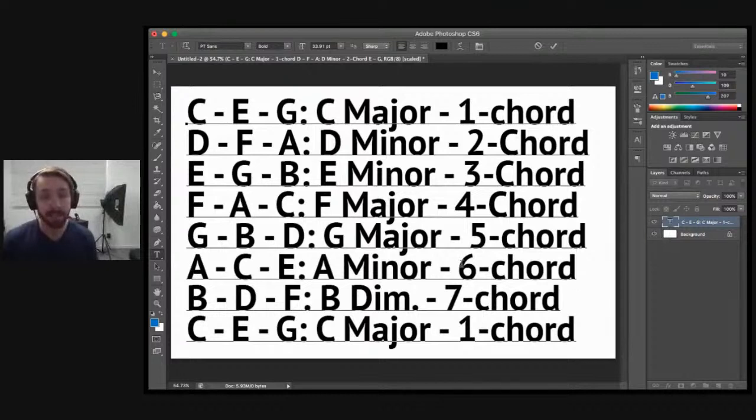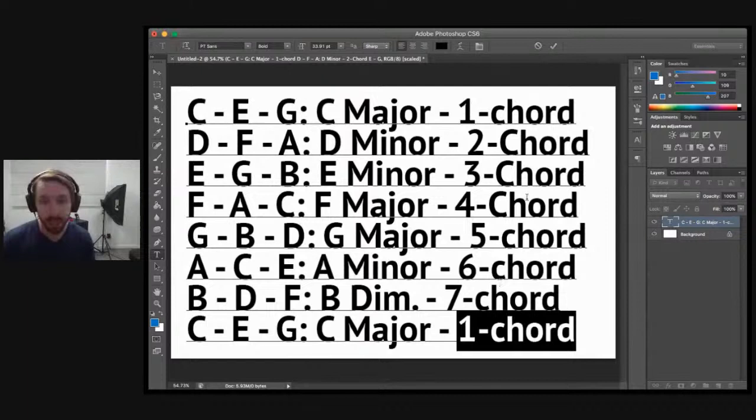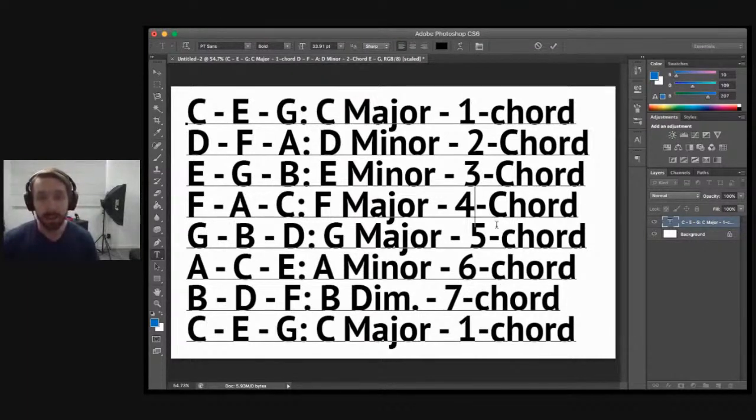And you can actually create a minor chord scale by starting on the A, and then the sixth chord becomes a 1 chord, the 7th chord becomes a 2 chord, the 1 chord becomes a 3, 4, 5, 6, and 7, all that kind of stuff. And that's totally a thing. I actually have a video about this called Minor Modes Unlocked, which goes over using the minor as the basis of your scale rather than the major.